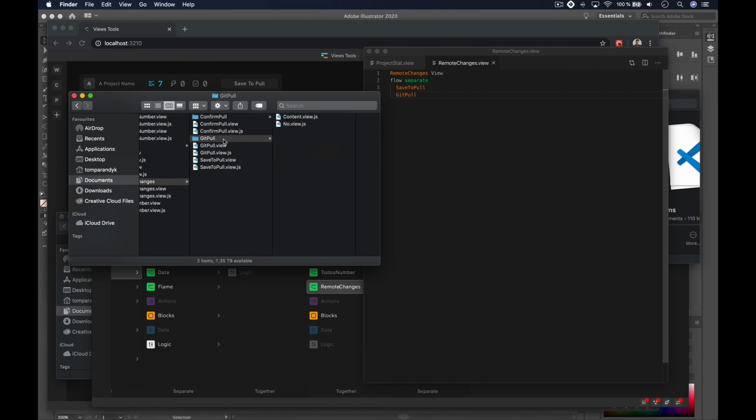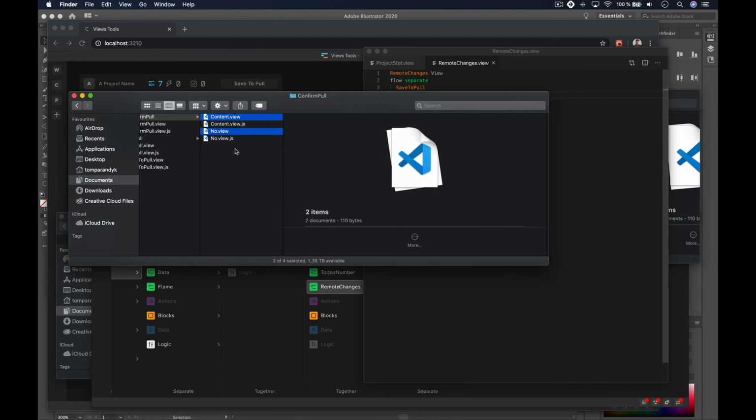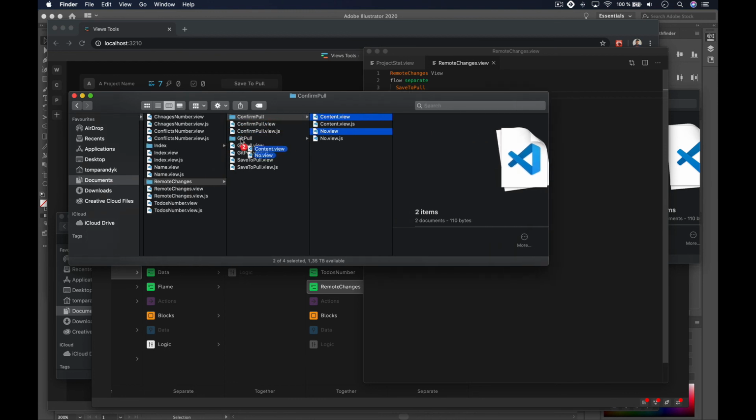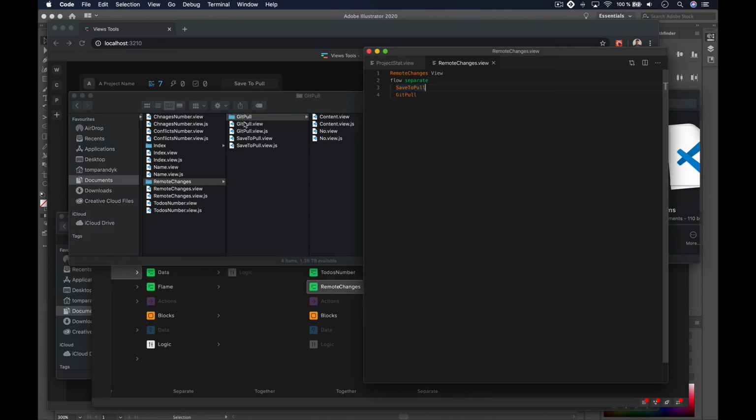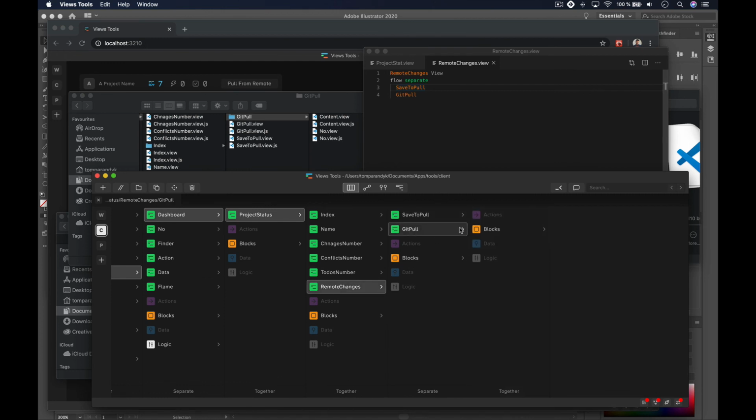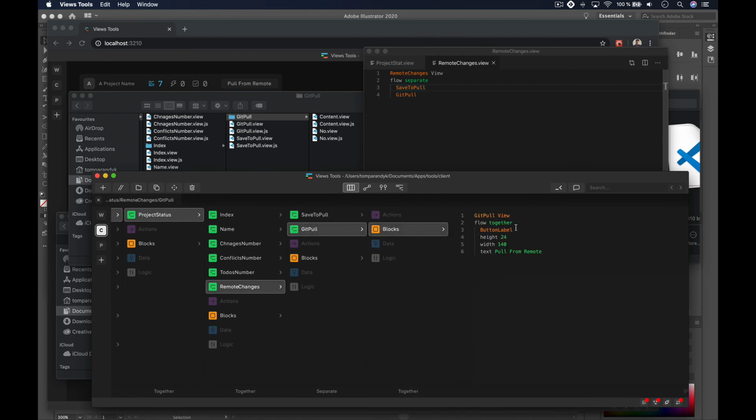Okay, so this one's what am I doing here? No, git pull. Okay, here. These guys, come on, find there. Work with me here. Okay, so now we don't need actually the confirm pull. And in the git pull we have, so git pull is together. So now if we go into the git pull is together with the button and no, and sorry, and oh man, so it needs to have the,